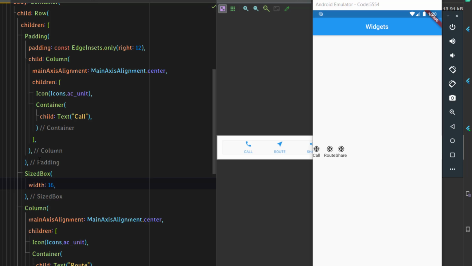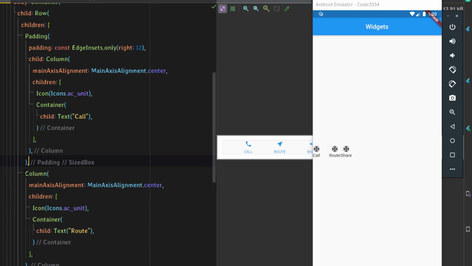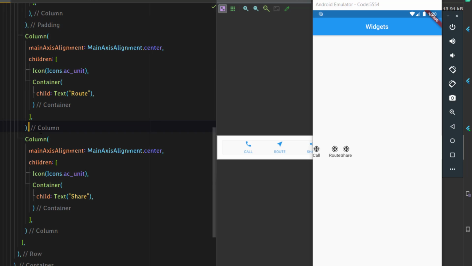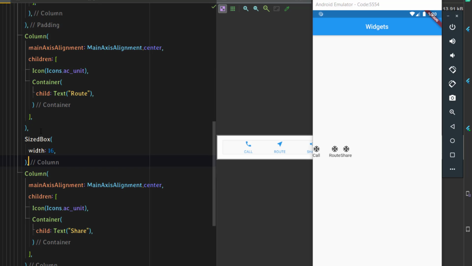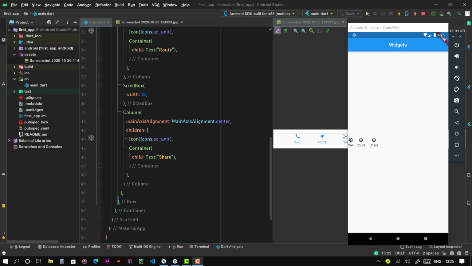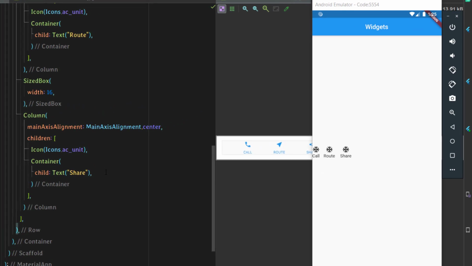the same thing happens between the second row and between the second column and the third column. There will be sized added. Now we have added this between the first and the second column itself. If I just remove this from here and add this after the second one, we'll have spacing between the second column and the third column. Okay, now these columns have some room to breathe.